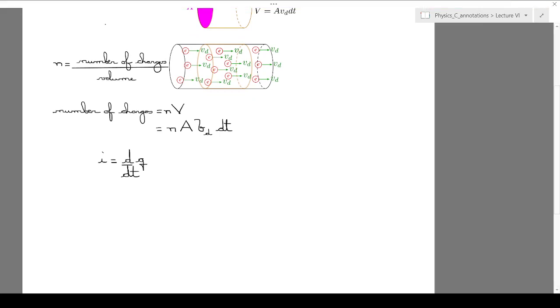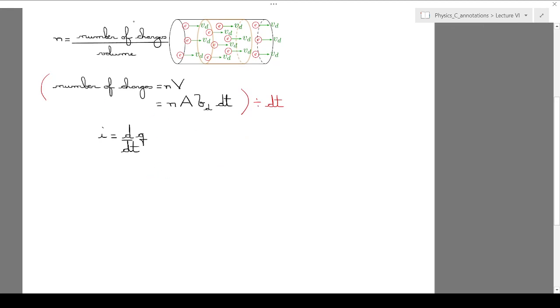by dt, what you have here is actually one expression for this drift velocity in terms of the electric current and this density of free charges. And sorry,